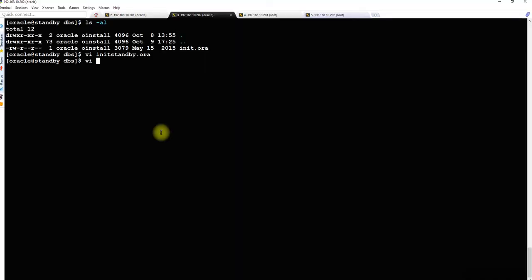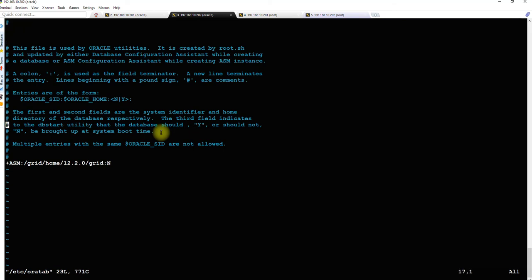And let's check the oratab file as well. Usually what I do is configure the oratab file as well. Usually the oratab file is configured during the installation of the database, but I will configure this to set up environment variables properly every time. So what will be the Oracle home, Oracle base product 12.2.0 db, colon, and everything is fine.